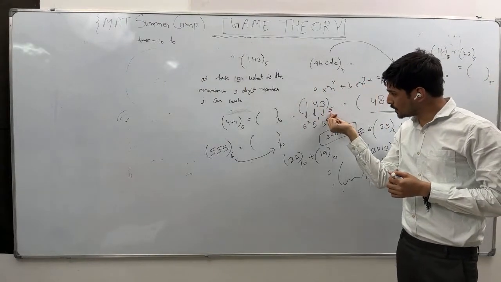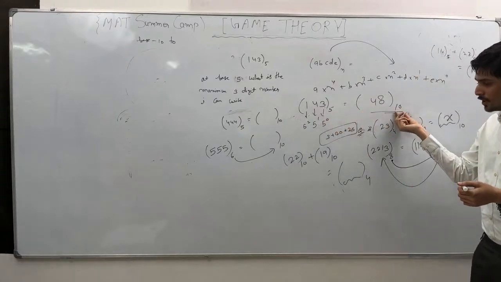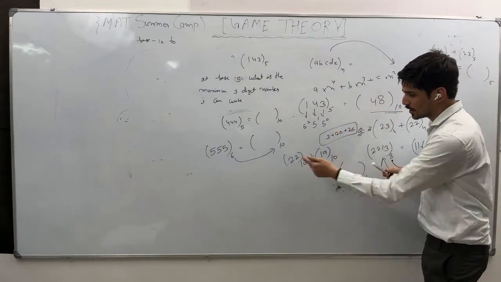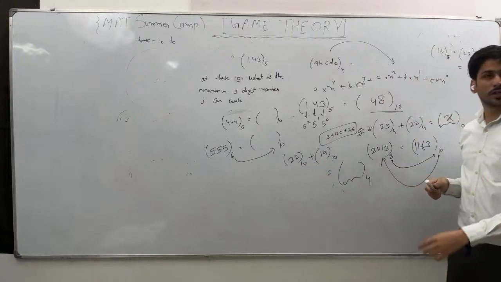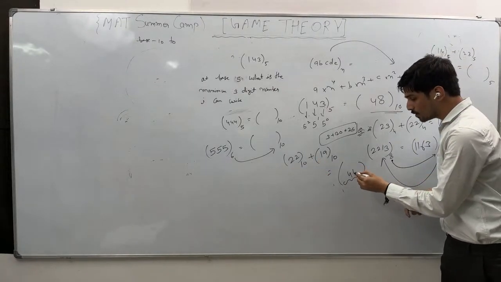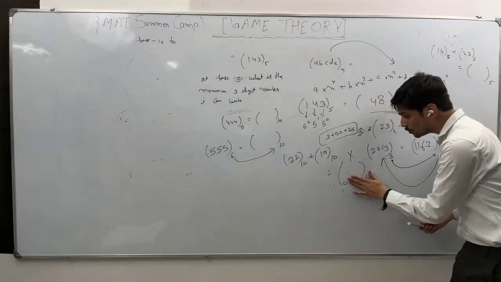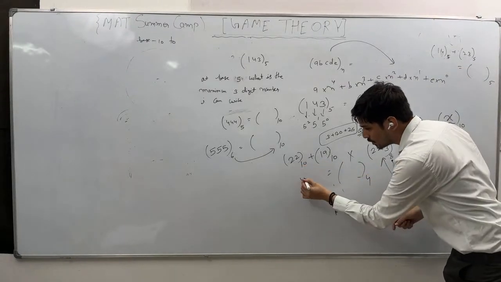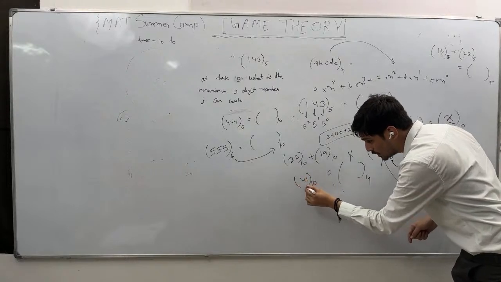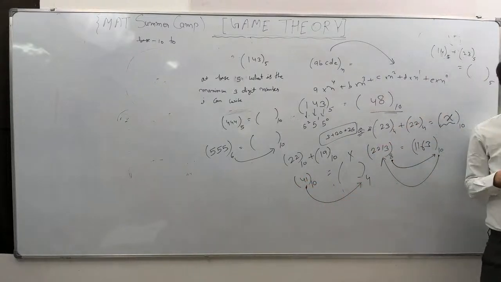or exams, they give a different base and they ask in a different base. Here you can make this mistake also, like 19 plus 22 is what? 41, right? So you can write 41, but 41 is false, because if 4 is the base, then 4 cannot come here. So what you have to do is, first you add simply, you get 41 in base 10, but this base 10 you have to convert into base 4, right?